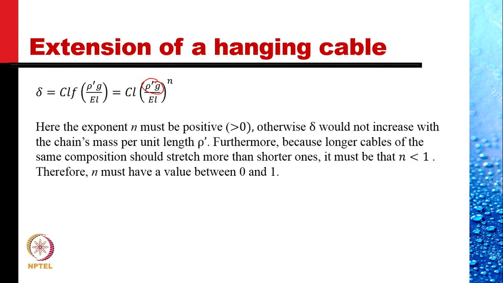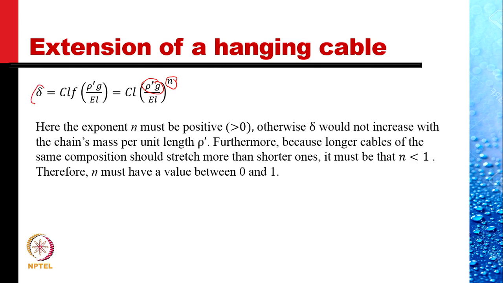For a heavier chain, rho delta should be increasing with rho prime, not decreasing. That means n must be positive. Physical information brought in, and some opinion formed about the value of n. n must be positive. Further, because the longer cables should stretch more than the shorter ones,